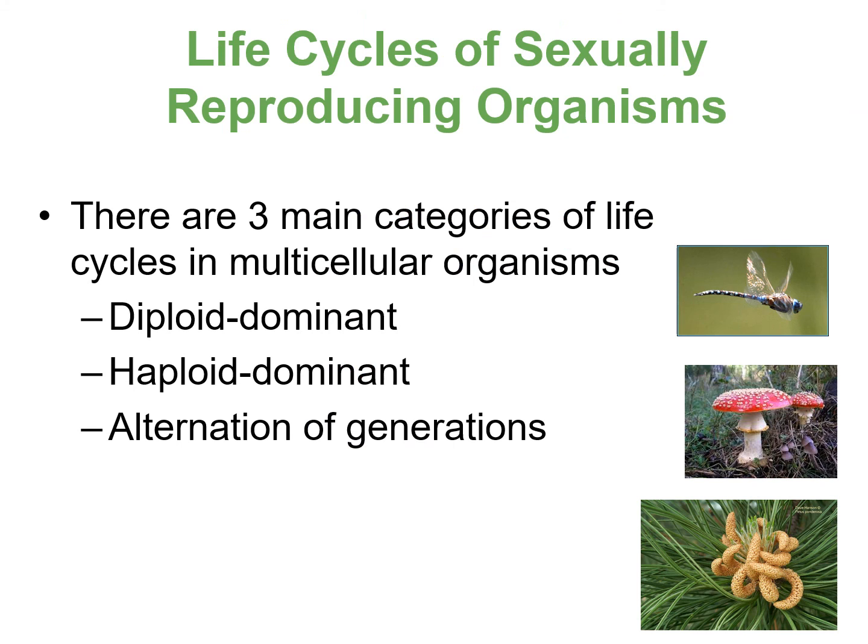One of the main purposes for the existence of organisms is to reproduce, to pass your genetic code on to your offspring. We've all heard of survival of the fittest. The best genes are going to become dominant over time in order to ensure survival of the species. And if the best genes do not get passed on, the species may become extinct. So we're going to talk about the three main categories of life cycles in multicellular organisms: diploid-dominant, haploid-dominant, and what it means for there to be an alternation of generations.